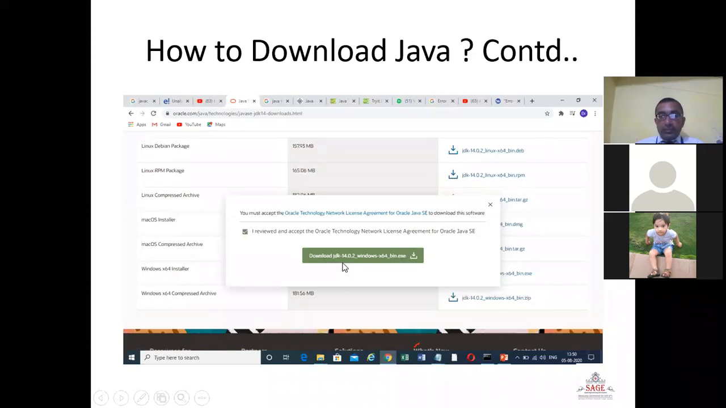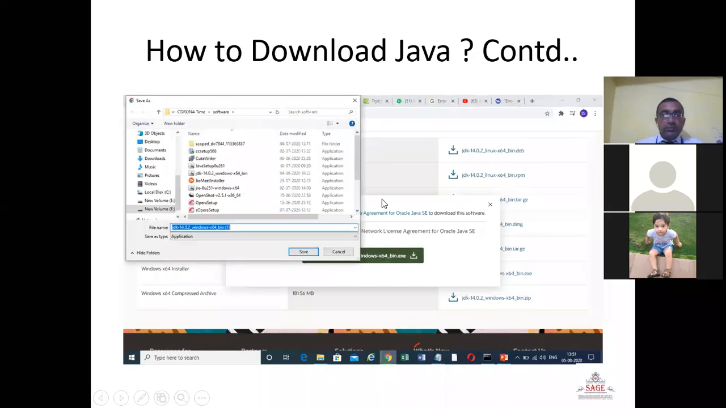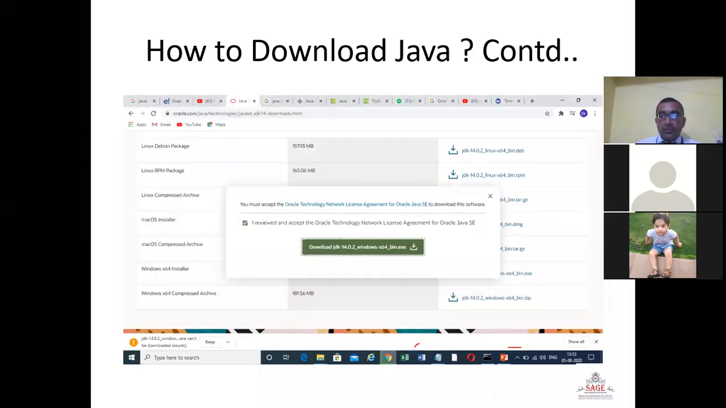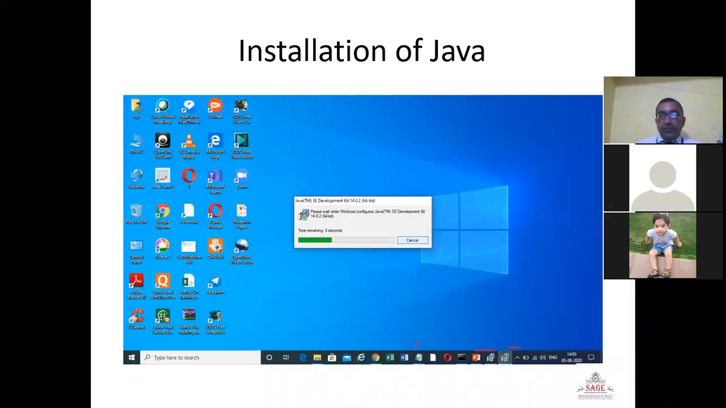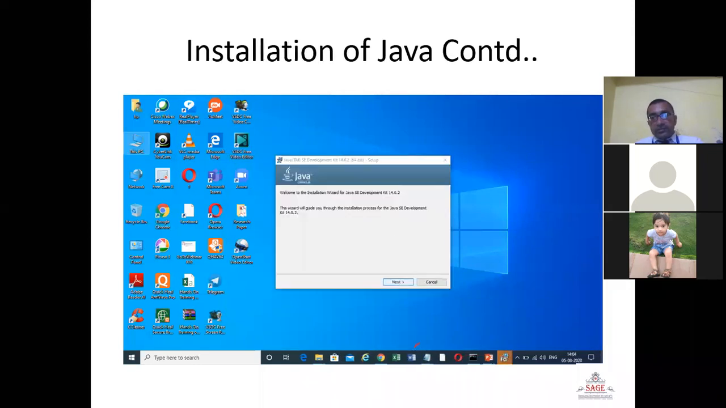That is download JDK 14.0.2. This is the version name. I download this, and when you click on download, it will ask you the location where you want to download. So I give the location here, in the software folder. I download this. When I download it, I go for the installation. When you go for the installation step, you will click on the exe file, and it will be installed automatically. And these are the processes. After that, the installation will ask you,